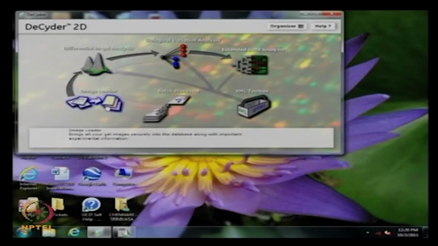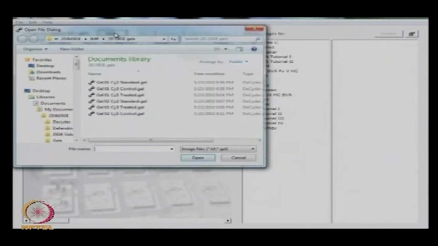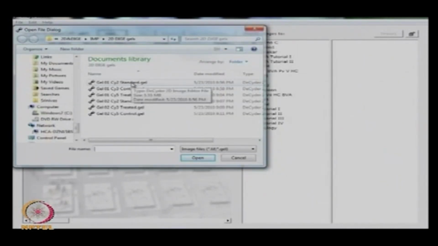In the first stage, we have to upload our gels into the software. This basically works on an Oracle database, where we are incorporating our gels into the database. There you can add these gels into the software this way, and you can select which gels you want to upload,